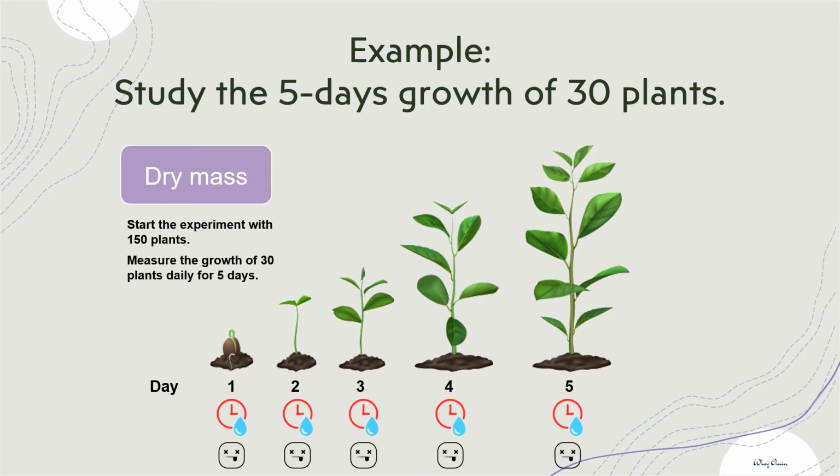Tetapi hari yang kedua saya masih ada lagi tumbuhan tu sebab saya terus mula eksperimen saya dengan 150 tumbuhan. So hari kedua saya guna cara yang sama, memilih secara rawak lagi 30 tumbuhan. Drying method, lepas tu ambillah catatan jisim itu. Dan langkah ini asyik berulang untuk sampel yang lebih besar saiz tu kalau banding dengan wet mass sehingga hari ke-5.